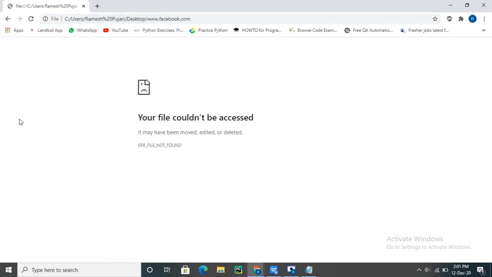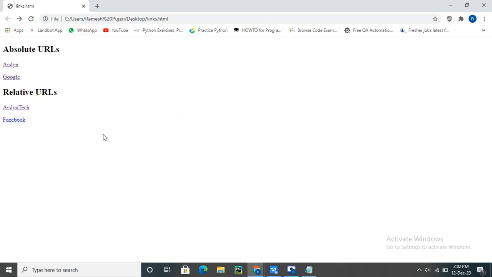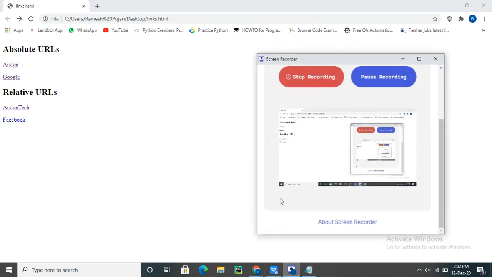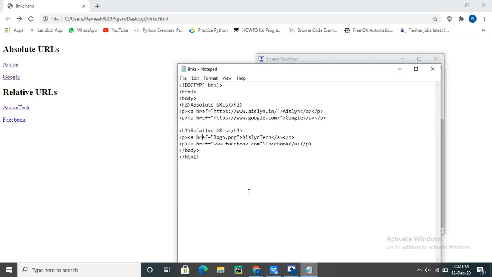Now I'll click on this. Okay, the file is not accessible. Just a minute. In relative, if I use https, I provide the full details of the local files.